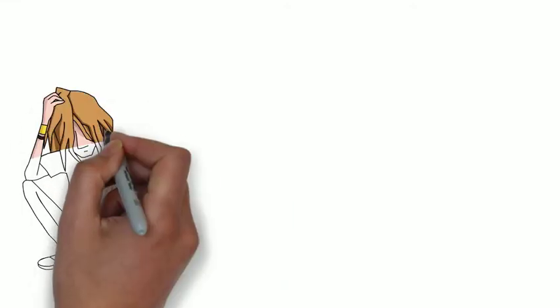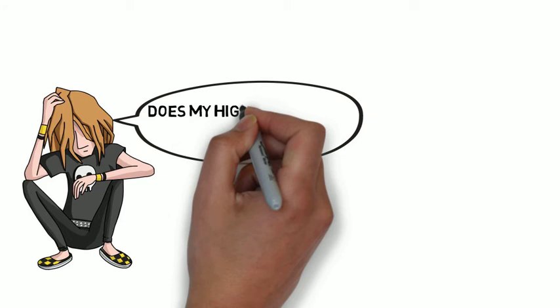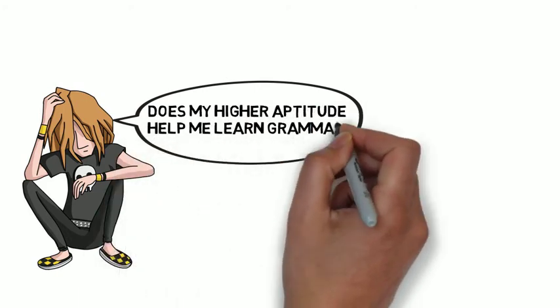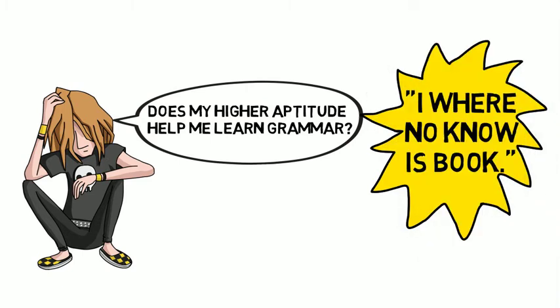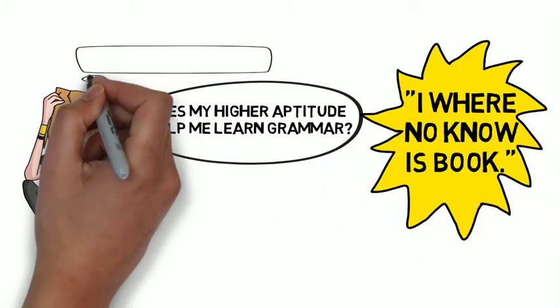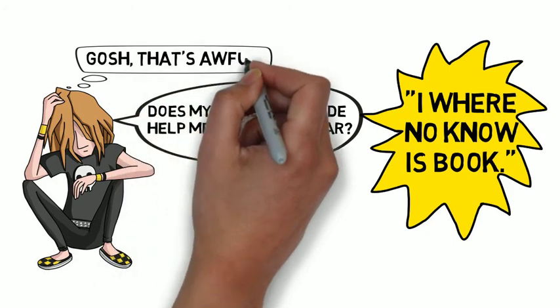Now on to more content related to the second goal of Skehan's article, an overview of studies that investigate what aptitude means for learning grammar. Not the this is a noun, this is an adjective type of grammar, but does the sentence, I wear no Noah's book, make your brain have a hiccup, that type of grammar.